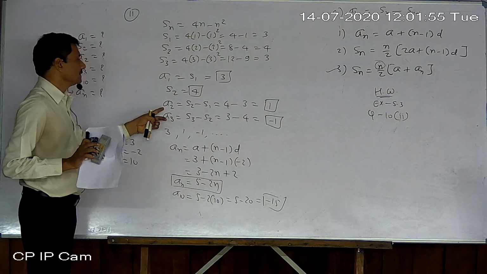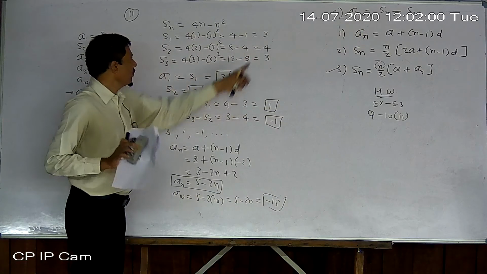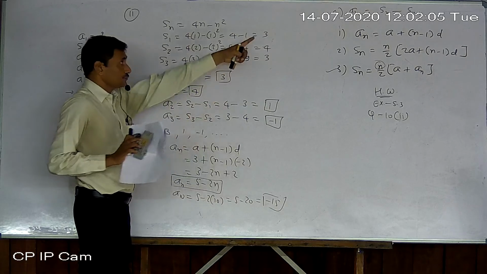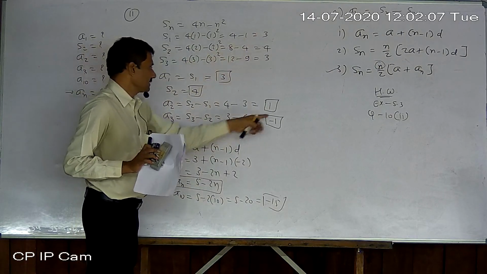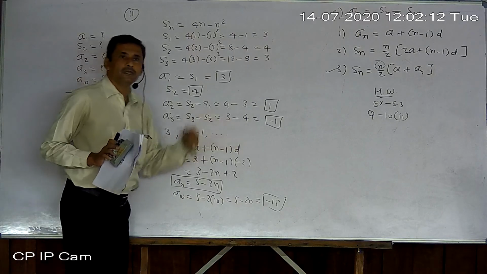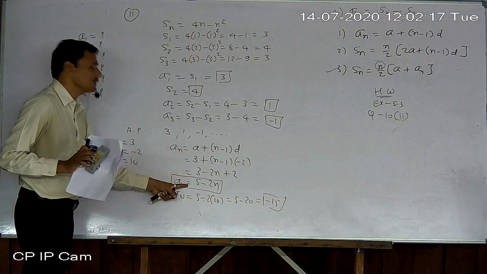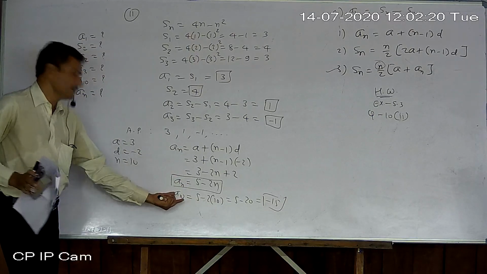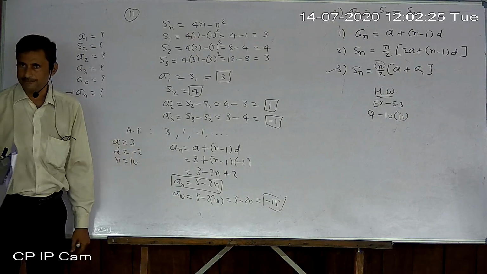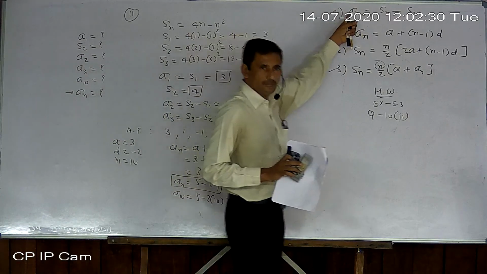Now what is A2? A2 is nothing but S2 minus S1, look here. So 4 minus 3, which is 1. Now A3 is nothing but S3 minus S2 according to equation number 4, so 3 minus 4, which is minus 1. Now we have the first 3 terms, A1, A2, A3. After getting these, we can find any term, but first I try to find the nth term and then the 10th term. So easily we can find it. The last 2 examples are combined here. It is a long sum but not difficult, and one new concept you came across here.